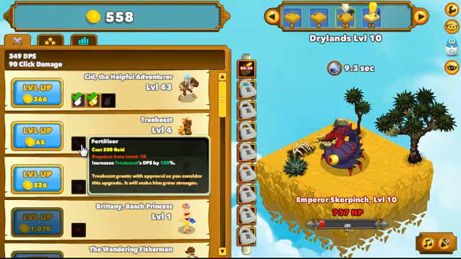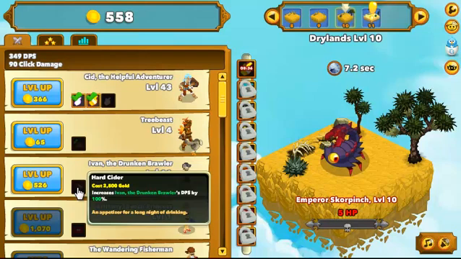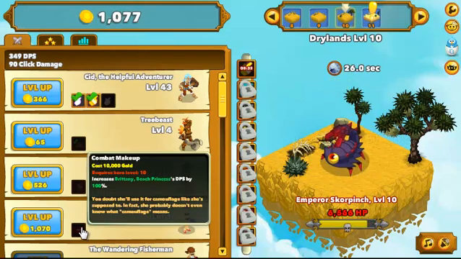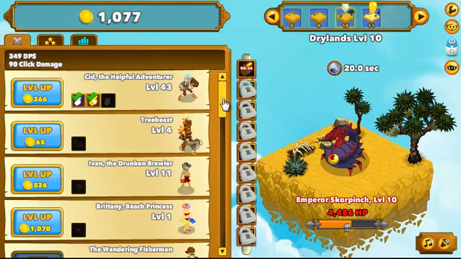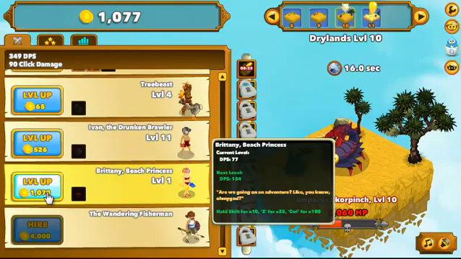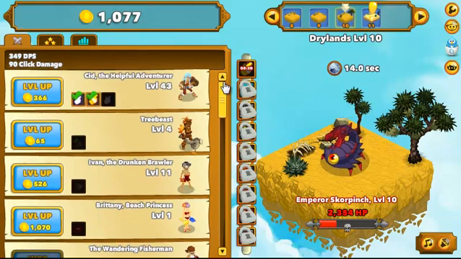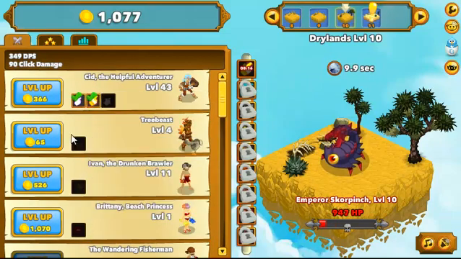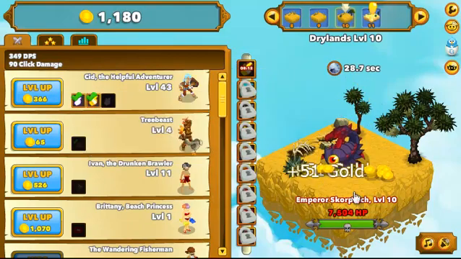Okay, Fertilizer. Increases his DPS by 100, and that costs 2,800. That increases her damage by 100%. Well, that's kind of cool. And that even makes the math a little bit more difficult, too, now that you've got these extra upgrades here that double the damage. But since it is a permanent doubling,